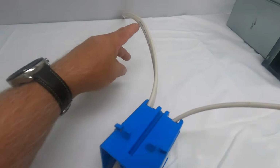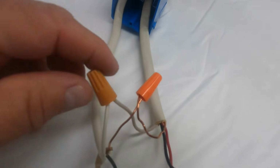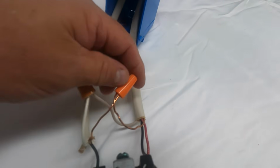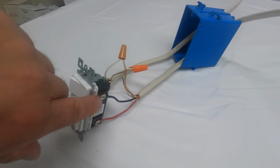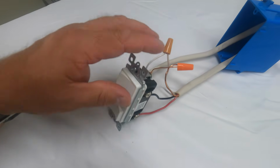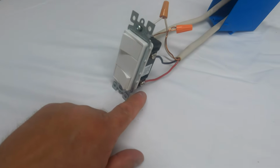So I'm going to go over this one more time. You've got the power from your breaker box coming into your switch box. You're going to tie the black to the hot side of the switch. The white is going to be tied in with the white, going back up to that fan. The ground is tied to the grounds, green or bare. The black wire that is going back up to that housing is going to be tied to that first switch. Again, that's going to be for the fan and light. And this red wire here can be tied to the bottom switch,